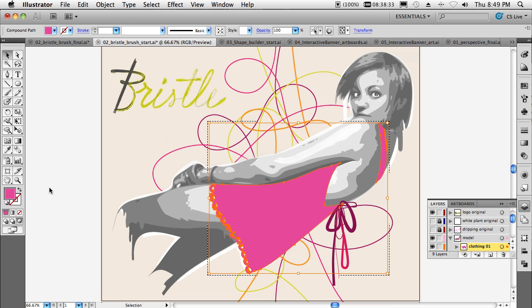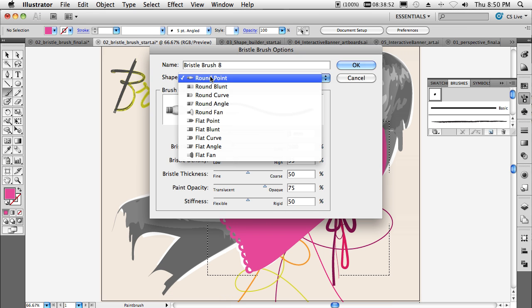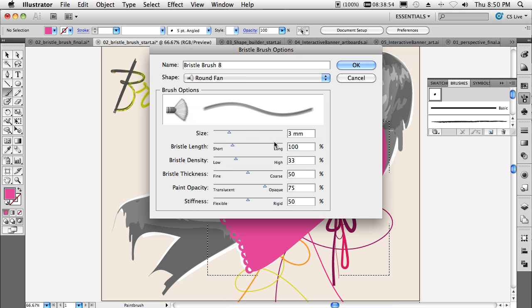And the next thing we'll do is we'll go ahead and deselect that, and we'll go ahead and choose our brush tool. And we'll do the brushes panel here, and we want a new kind of brush. Well, we've had all of these in the past before, but the new one now is bristle brush. Lots of new options here. We want a round fan brush that's popular amongst painters and artists, and we'll choose a 10mm size for that